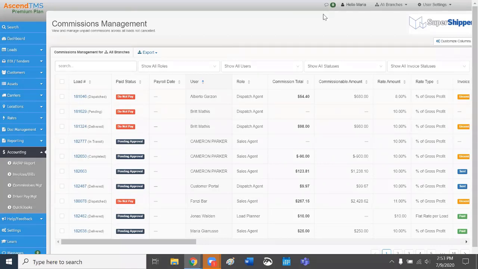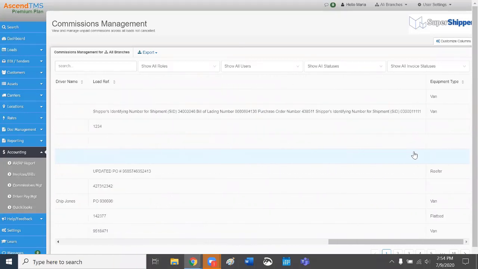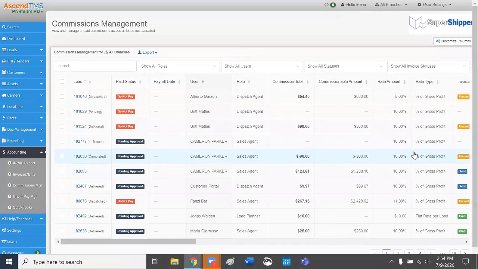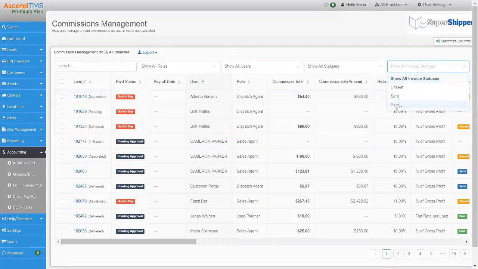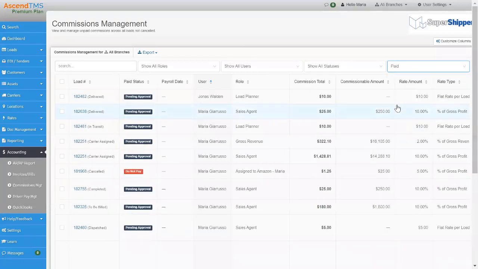All right. Okay, guys, commissions. Again, you have the ability to customize your columns because there are several over here. This one has an extra drop-down status, which will soon be added to driver pay. But this one has the extra drop-down of invoice statuses because a lot of times you don't pay your agents until, of course, you get paid. So you have the ability to go look at only the commissions that you have already been paid for by your customer. That's the first thing I set because that's how we pay. Might not be how you guys pay, but it is there in case you want to use it.